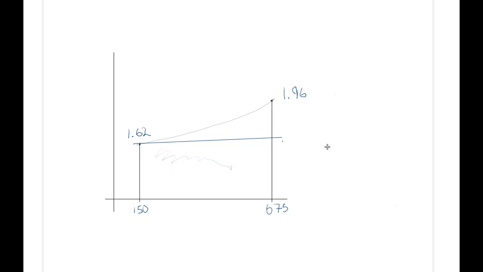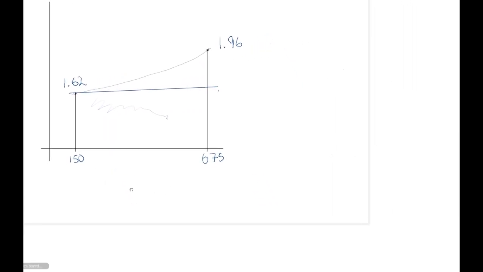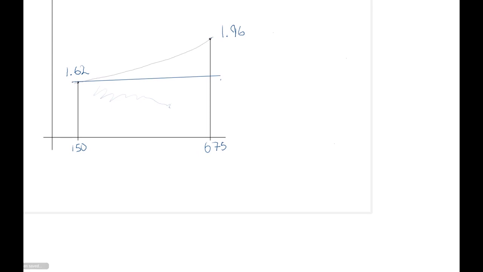So let me just shuffle up a bit and over a bit. Okay, so what I can do is say that this is 525. If I go to find the area of this, it's 525 times that height there, 1.6,